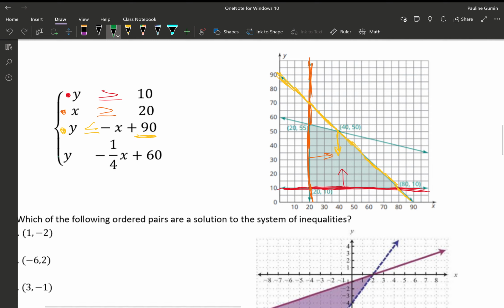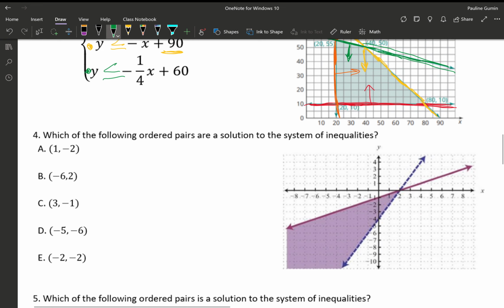And of course, let's finish up with this one. I'm going to color it because I've been coloring everything else. Here is our last inequality. It's shaded downwards as well, so less than or equal to. So it looks crazy, but if you take it slow, one step at a time, we get our answers pretty